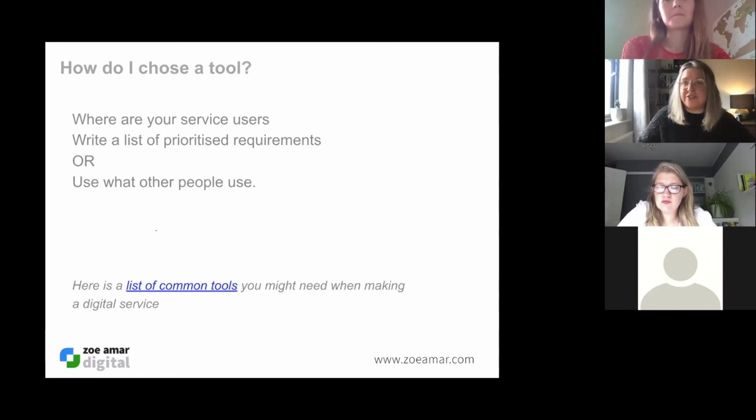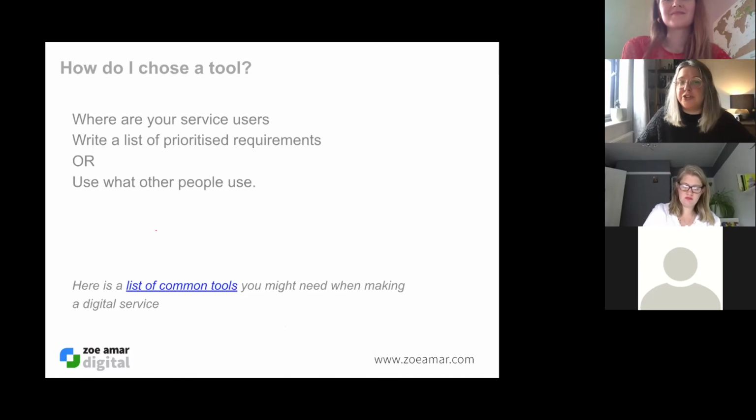So will they have to download something new to access your service, which can be a barrier? If you're creating an app, that's something completely new they have to download onto their phone. Is that the best way to deliver that service to them? Do you need to keep it in the browser, just a link and they can open it, no downloads needed? Do they use WhatsApp? Is that somewhere where they're likely to interact with you? Somebody earlier did talk about working on WhatsApp products.